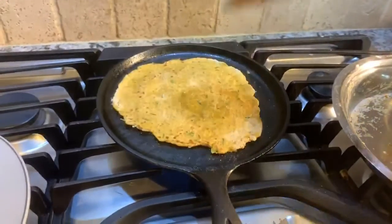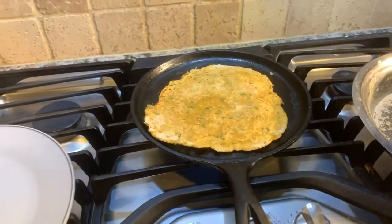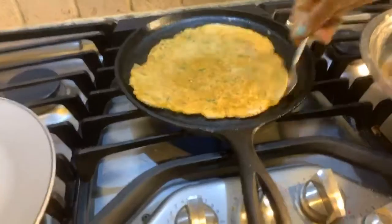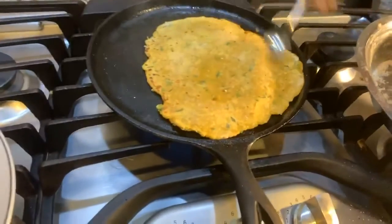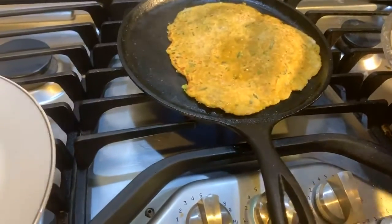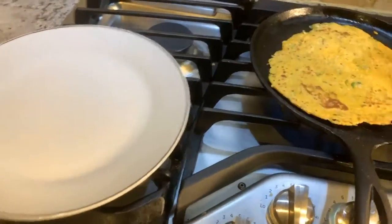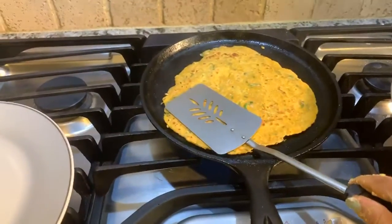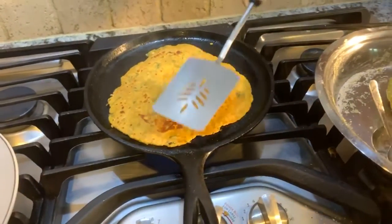Here you go. Good. Turn around and apply the remaining ghee, and let it cook. If you see this, it's getting cooked very well. Look at the borders. I do not even need the spatula, but I'm going to show you how you can use the spatula. I do not need it because I'm going to use my hands, and I'm cooking it for a long time, but I do not want you to do that. So what I want, you can get your spatula and just cover up and press, a gentle press, okay,